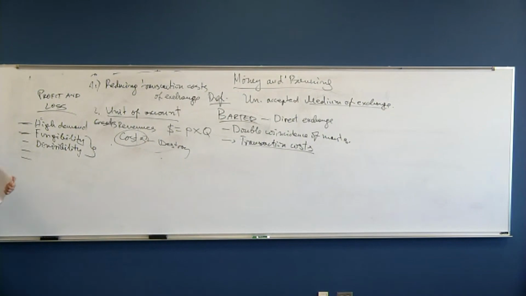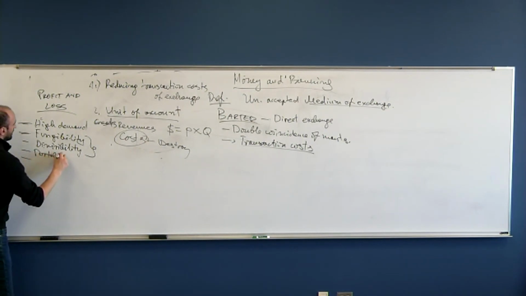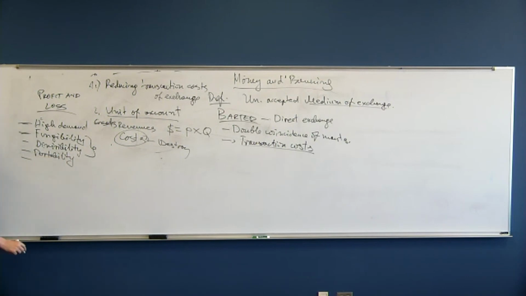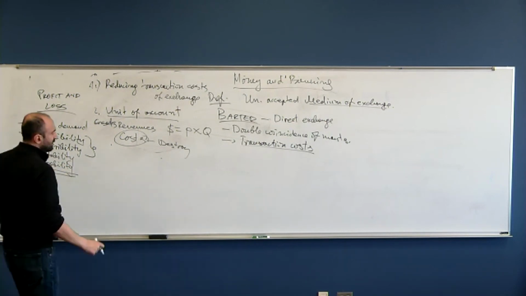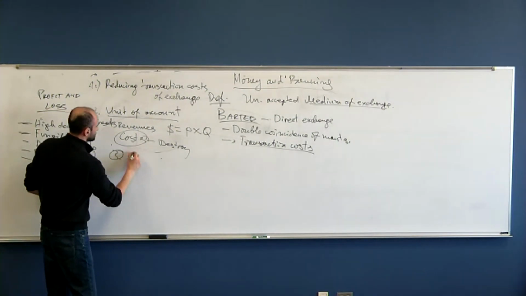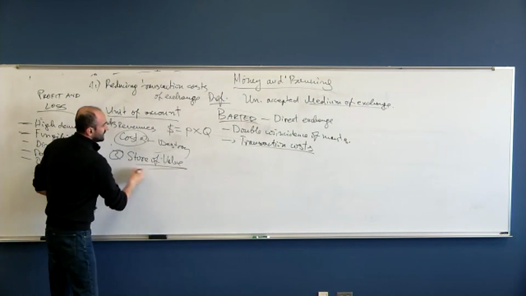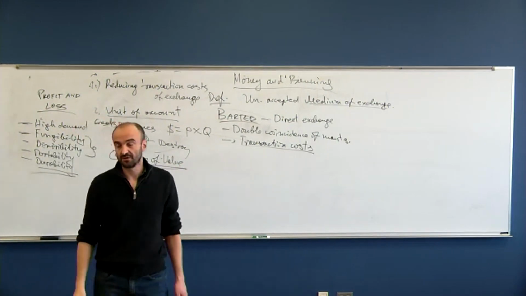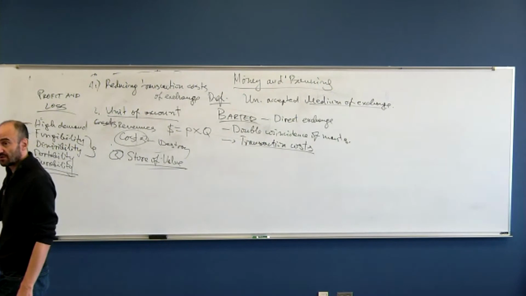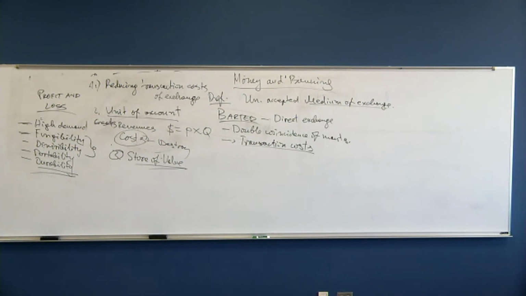And fungibility, also portability and durability. Durability is important for the third function of money. The third function of money is a means of saving, or I can say store of value. So money serves as a means of saving resources, which is necessary for investment. You want to save money for 3 months later, or to lend money to somebody.